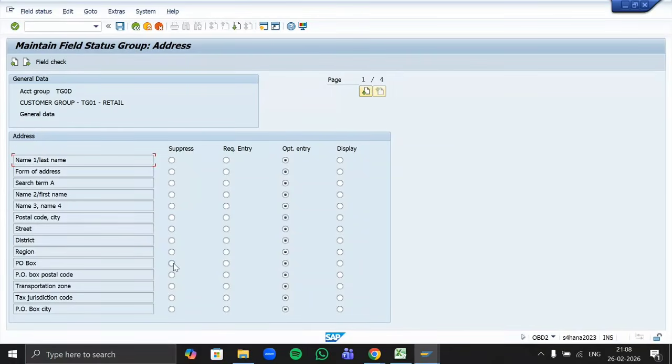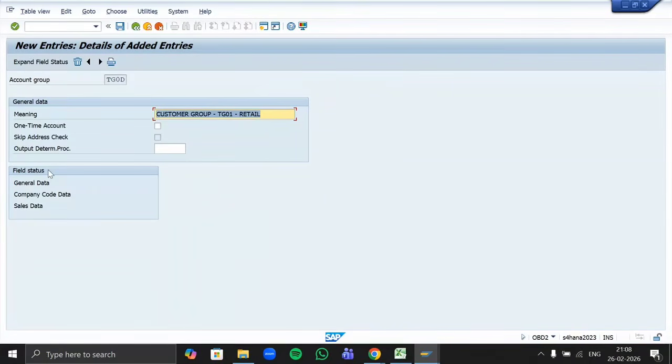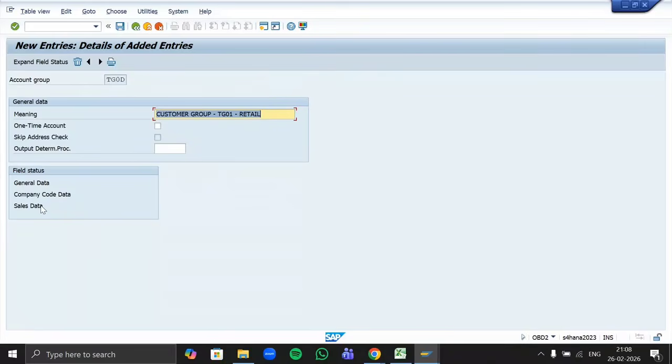Suppressed means hidden; display means you can just view that field, nothing else. These are the field status variants for maintaining our customers. I will explain the company code data and the sales data later, when we understand the business partner. But here is a field status which helps us control fields related to customers. So here my customer group is done.